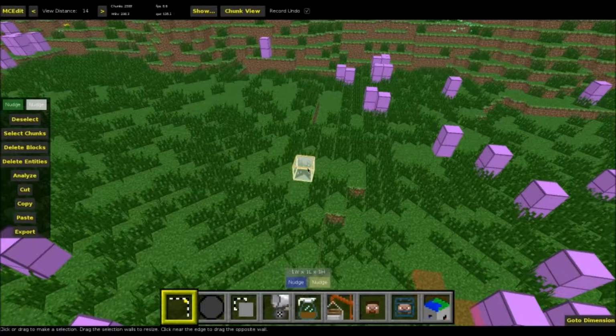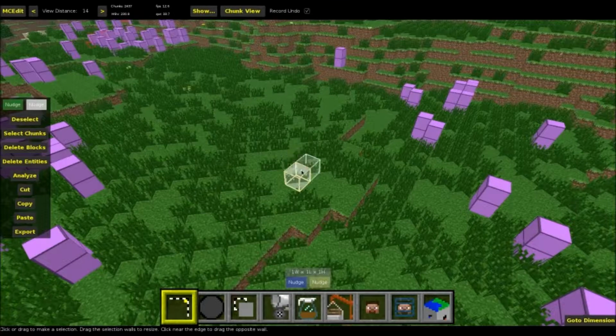Okay, now you can pick any side. Let me reposition myself a little bit. You can pick any side and it highlights it on all 6 sides. Then you just left click and hold, and you can move it up and down. Okay, now you can use your WASD keys to move around,